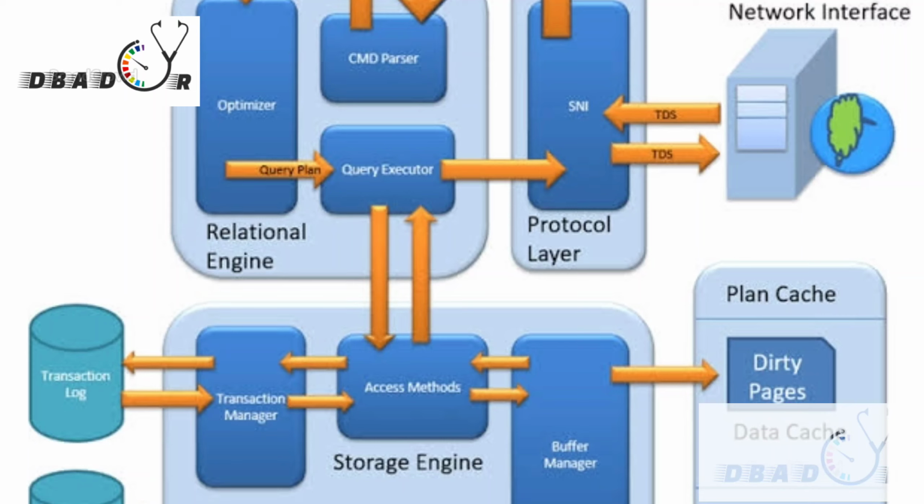Access method will log the session, and it will send to buffer manager, and it will write one log to the transactional log, whatever changes are done and whatever modifications are done. With the help of transaction manager, it will update the record in transactional log, which will help us at the time of recovery. So once it is done, then it will move to buffer manager.